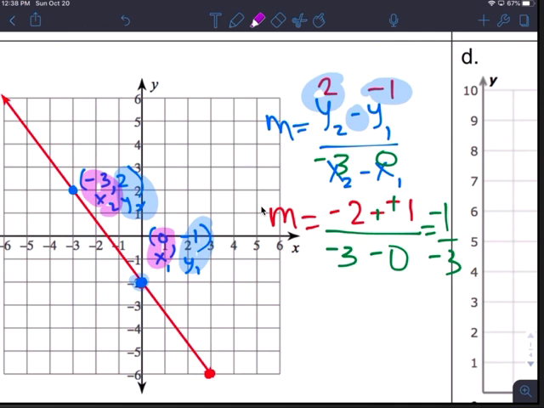Sub 1 is 0, that's negative 3. Oh, this is 2, not negative 2. Oh, Miss Wilcox. This is 2. 2 plus 1 is 3, not negative 1. It's 3. Okay. And x sub 1 is 0, except